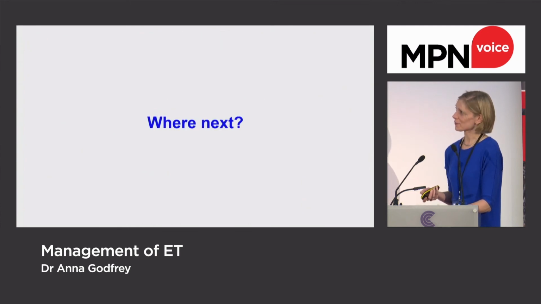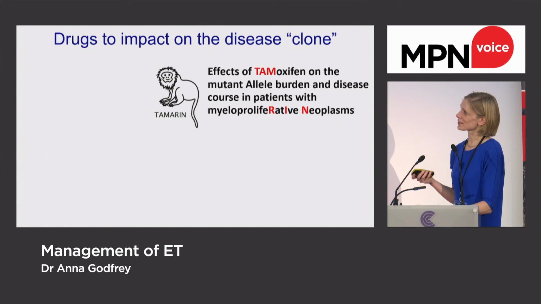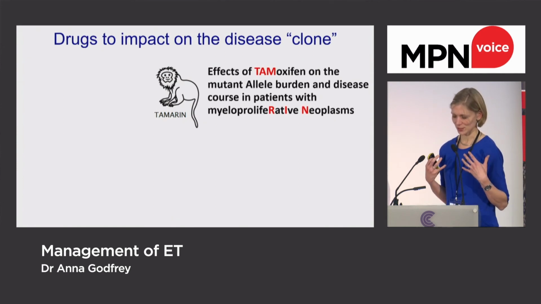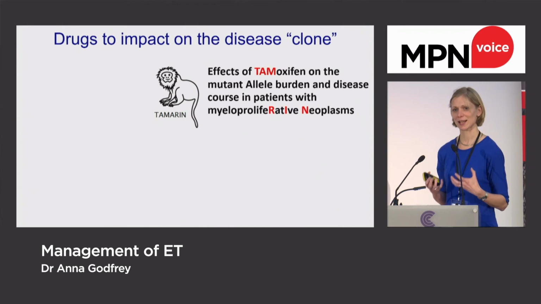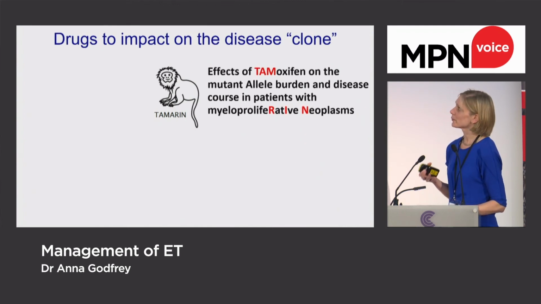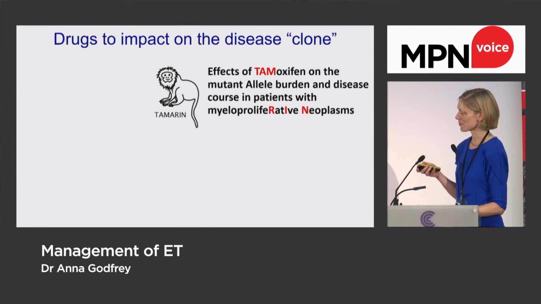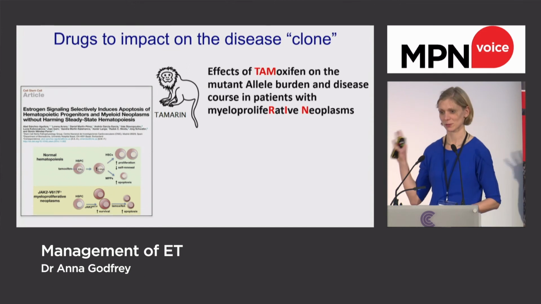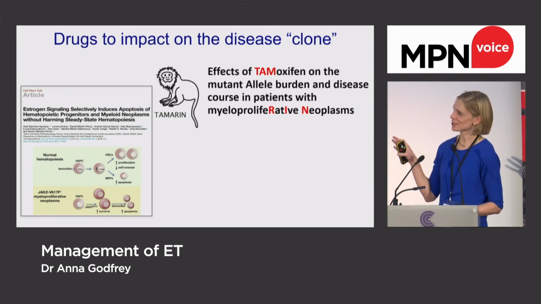So where next? Just a few things to mention, and again, Adam mentioned the Tamarin study already. This is really, again, trying to find agents that do what we really want to do, which is attack the underlying cells that are causing the disease. The Tamarin study came about as a result of some very interesting scientific studies, which I will not go into detail about. But essentially,